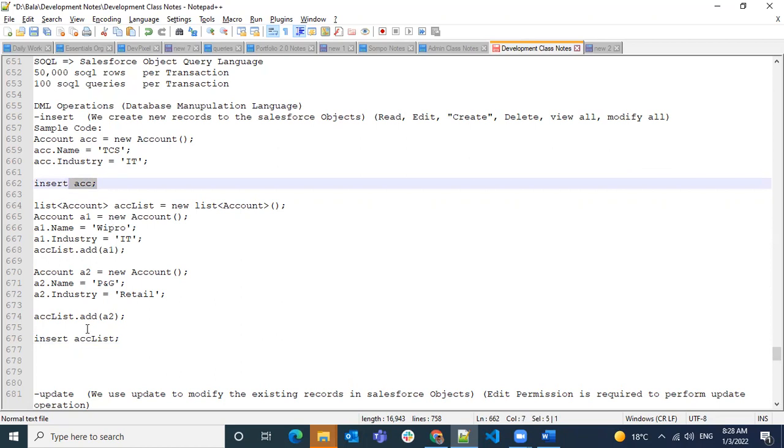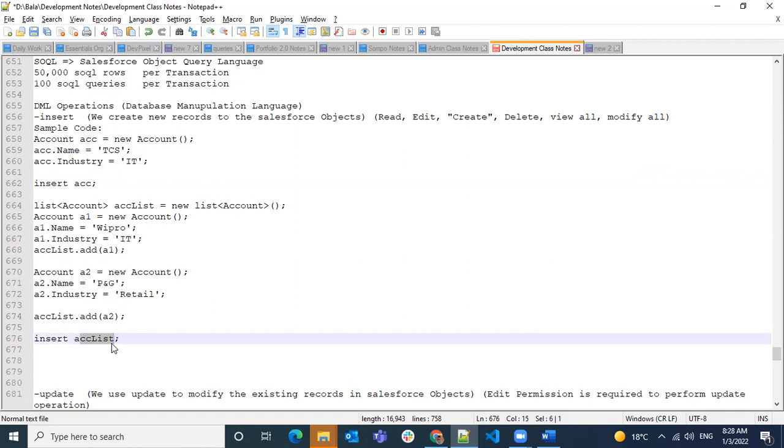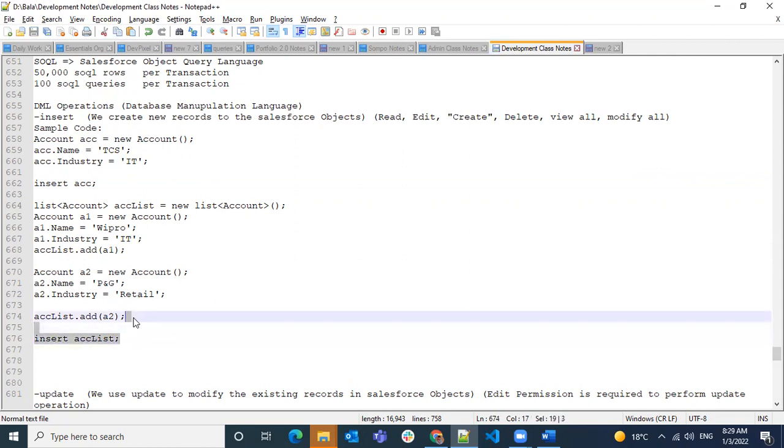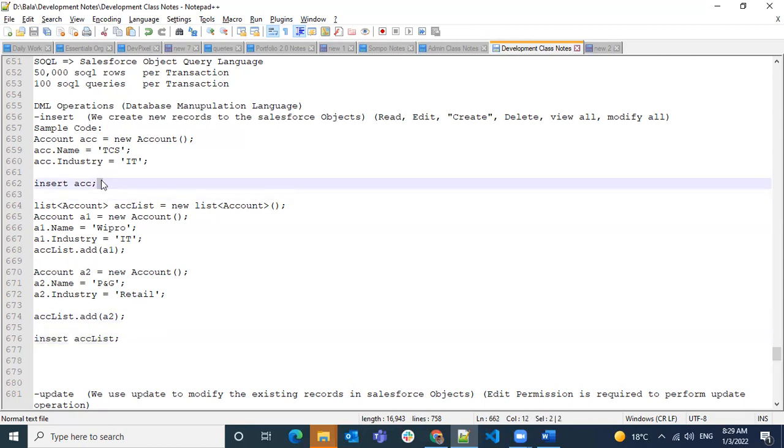Here, because you're using a list and you have two elements in the list, the rows in the DML is two rows. So that's how we need to consider the value. How many DML operations or how many DML rows do you mean? So here the DML rows are two in this one, and here DML rows are one. Okay.